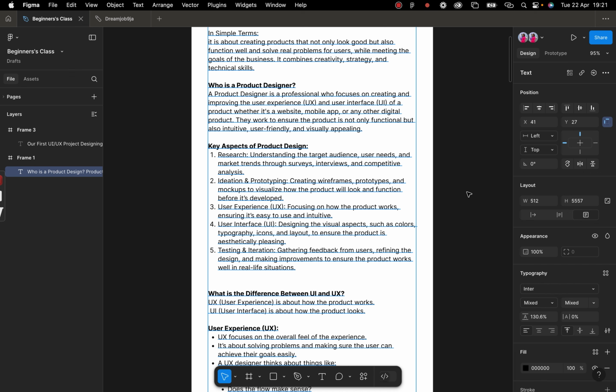Then ideation and prototyping. So you need to create wireframes, prototypes, mock-ups to visualize how the product will look and function before it is developed. So I think it's important I tell you guys that as a product designer, you'll be working with data analysts, developers, product managers and marketers. Working with a developer, one of the things that makes you very important in any product life cycle is that, most especially,